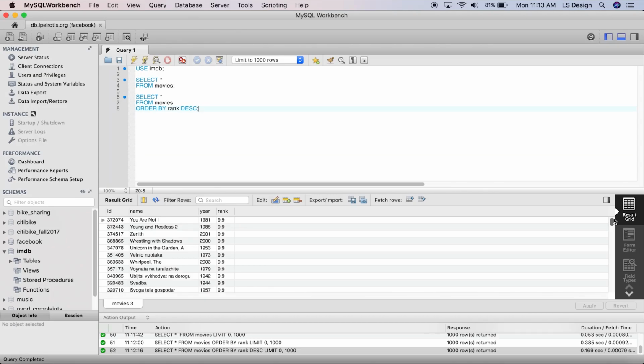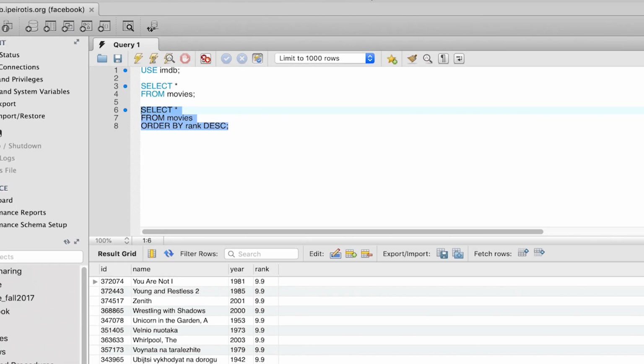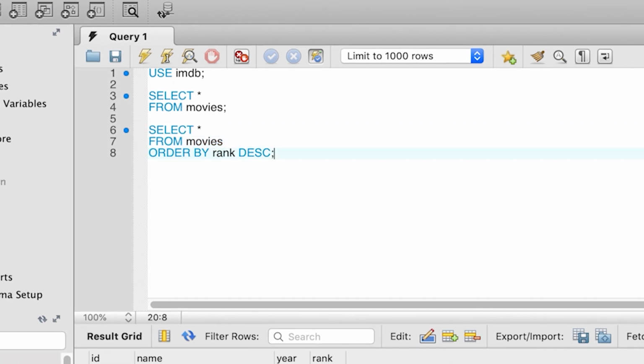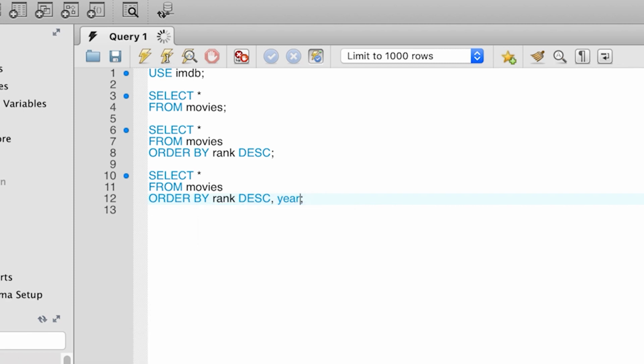To achieve that, we are going to modify our query, the select star from movies, order by rank descending. This is the query that we had before. Now we want to break ties in the rank, so we modify our query and we add comma year after the rank descending.